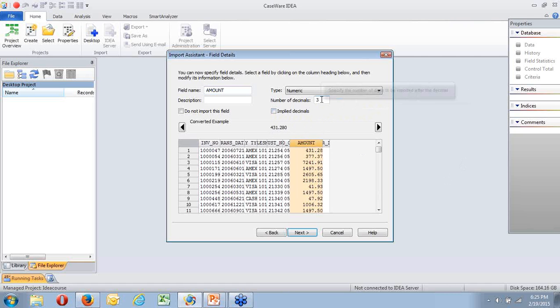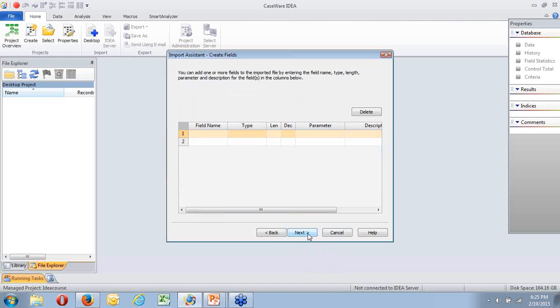So I'll take it back, and I'll put it back to 2. When I'm happy with all of that lot, I can now add one or more fields. If I decide to add a field, I'm going to put in, for example, value added tax or sales tax or whatever. This is going to be a virtual field because it doesn't physically exist on the file. Is it going to be a virtual character, virtual date? It's going to be a virtual numeric field.